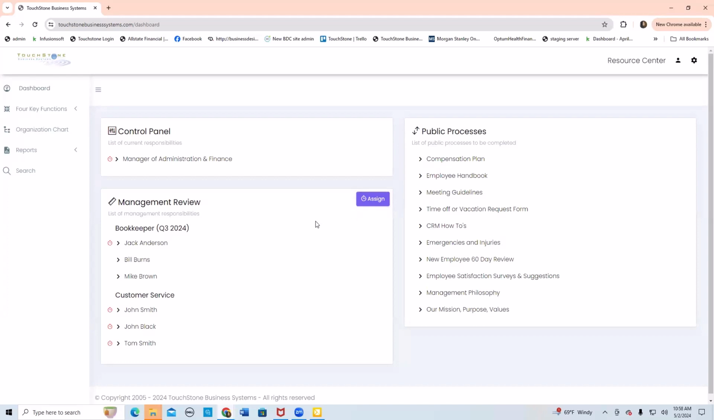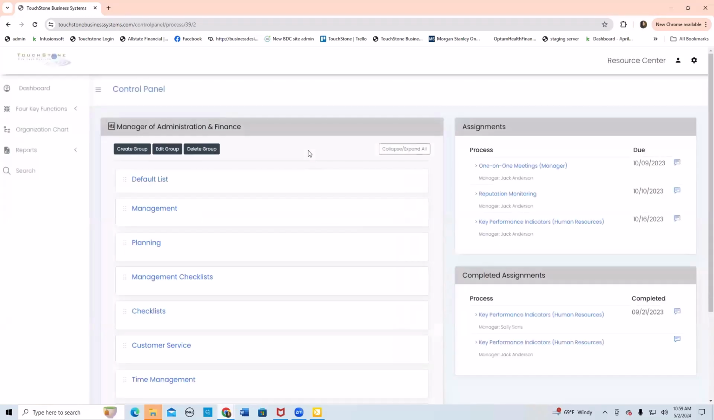You get the notification back that they did. Great, it's good to go. Or you want to sit and communicate about it, either in a one-on-one meeting or in a department meeting. If a manager goes to their control panel and you've assigned them a new process,